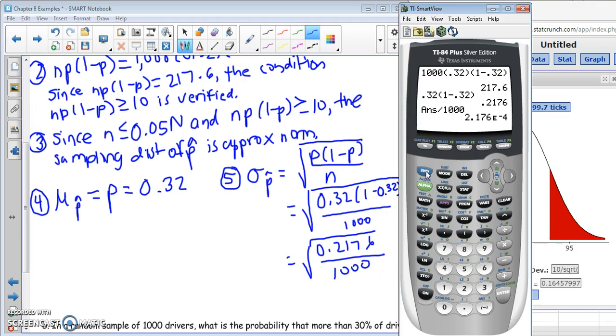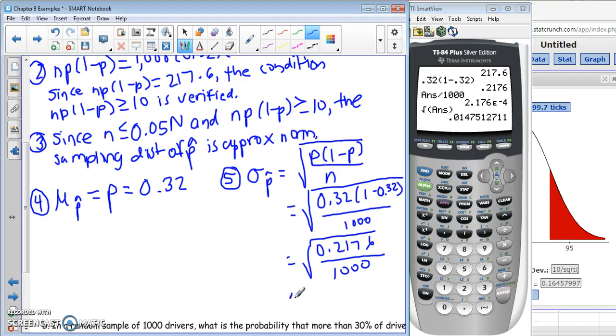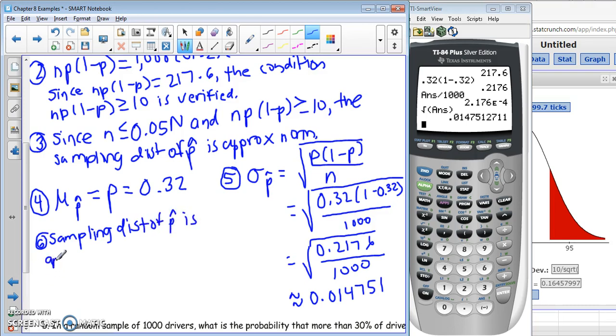But I need to continue this. So I'm going to do second x squared to give me the square root, and then second negative will pull upon that answer. I'm going to close my parenthesis and press enter. So our standard deviation here is approximately 0.014751. Right? So we get our sampling distribution of p hat is approximately normal